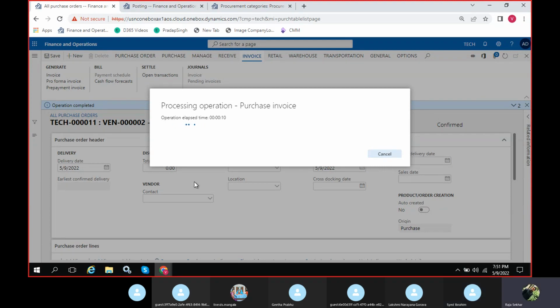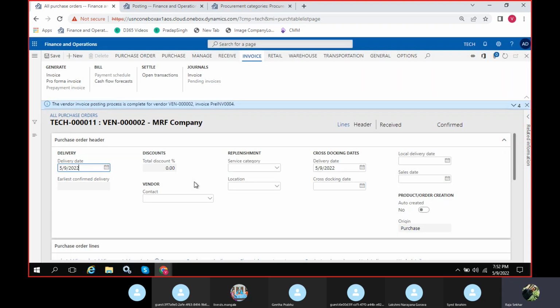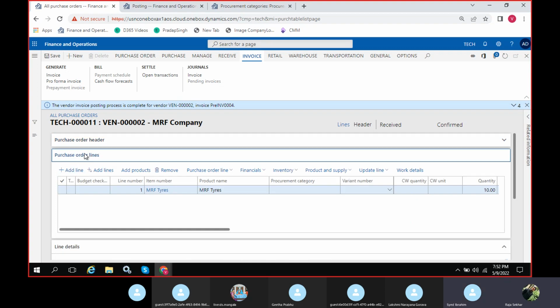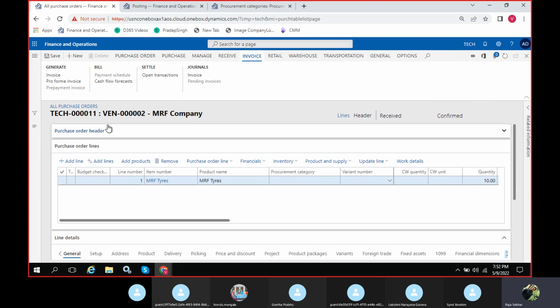No, it will not take, because every time this prepayment invoice may differ as per your vendor, or as per your client, and as per your goods. That's the reason usually we don't automate this prepayment invoice number. If they want some number to be automated, then we can automate it using some workarounds or some customizations. Okay. All right. Yeah,